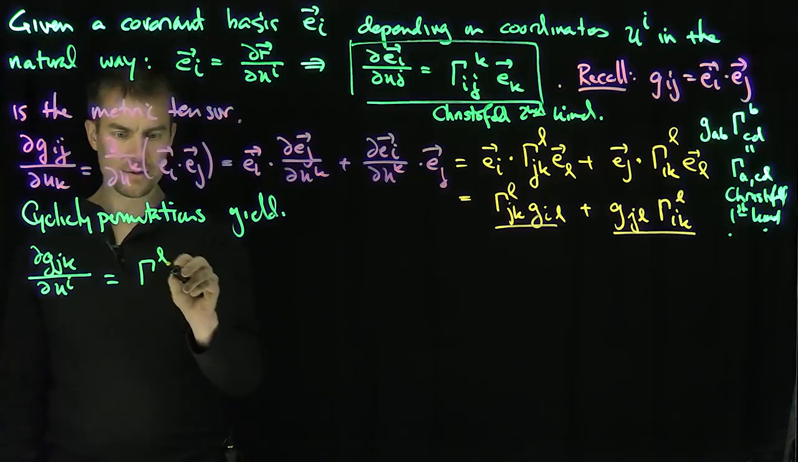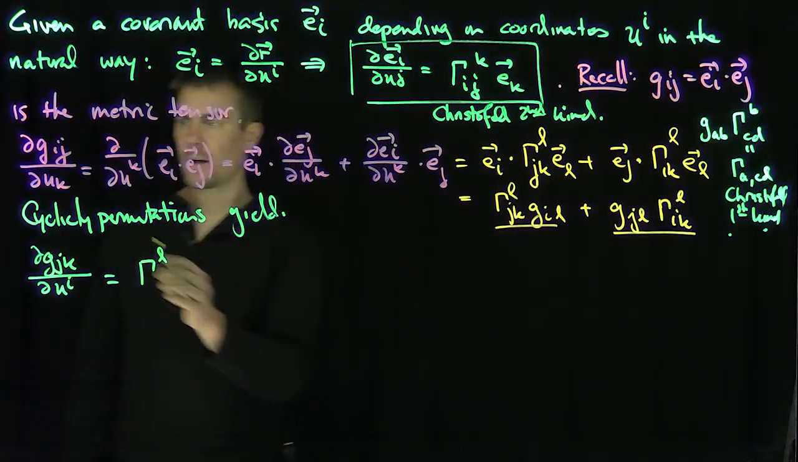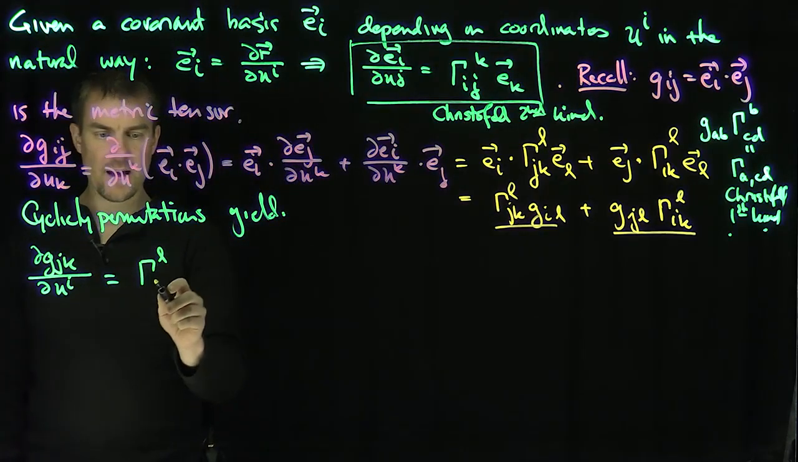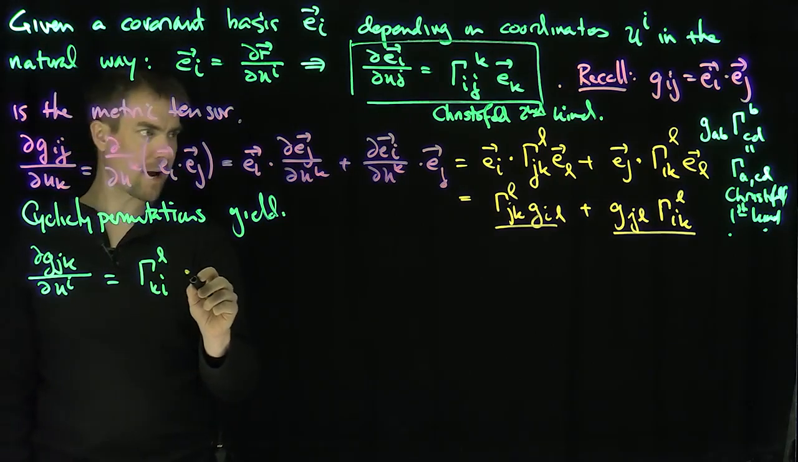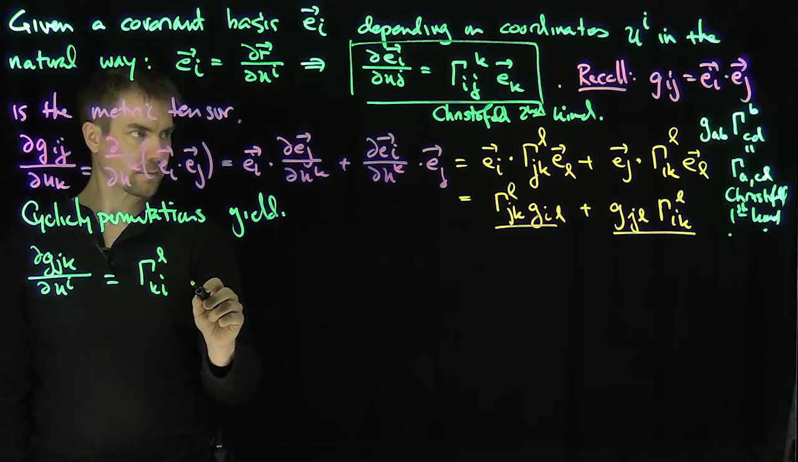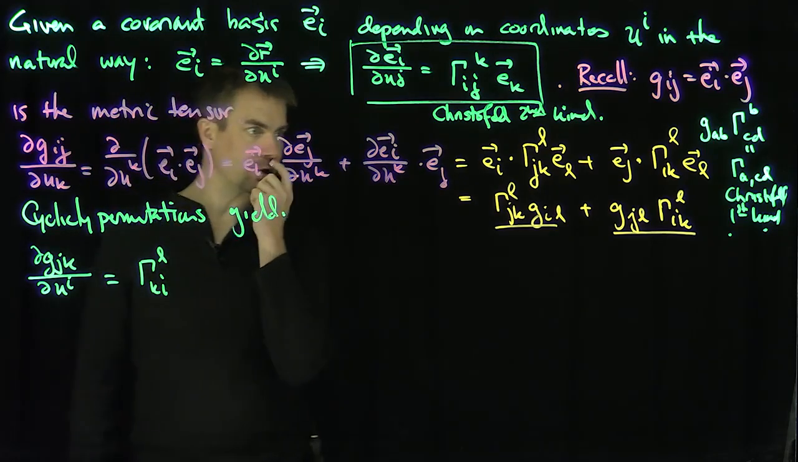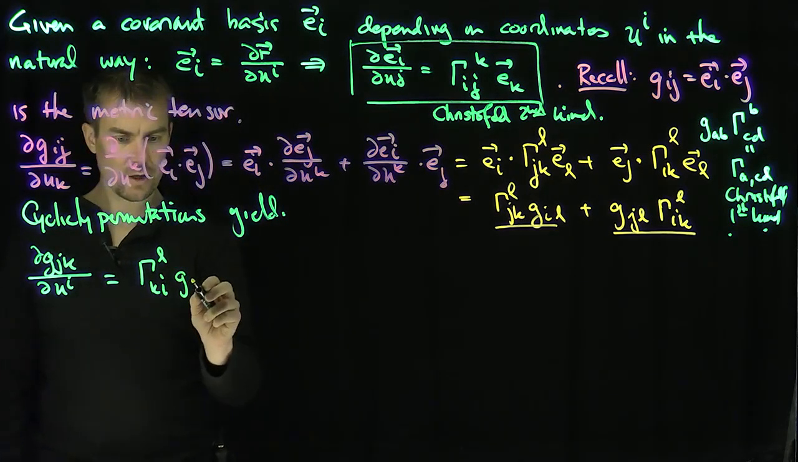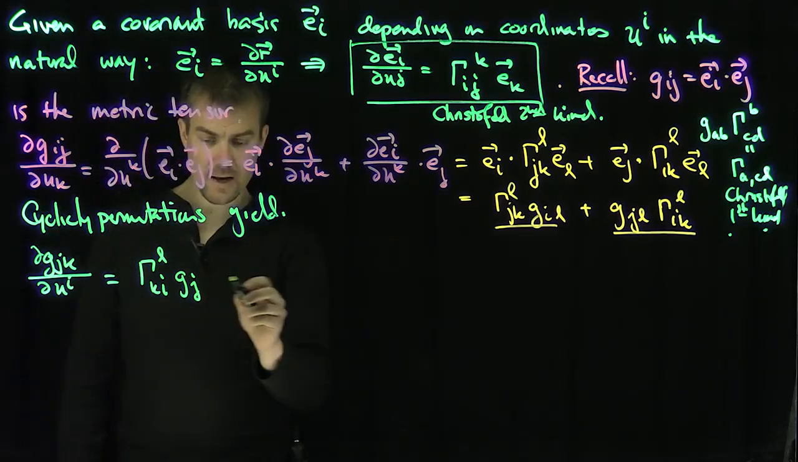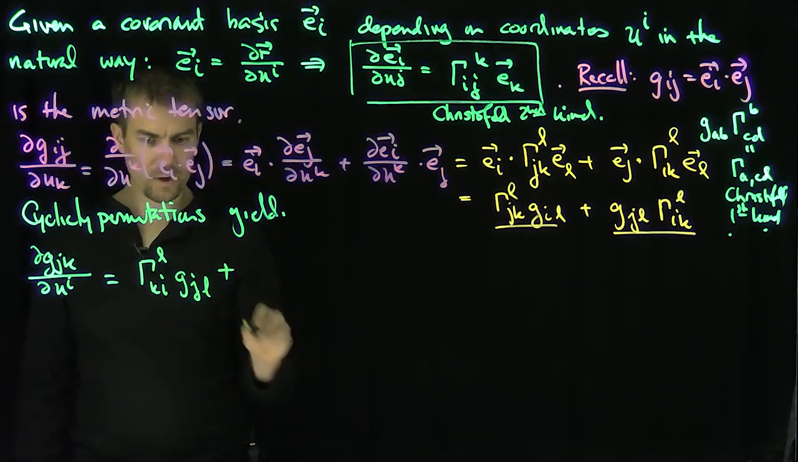So this is going to give me a gamma, the l stays the same, right? And then playing the role of j and k are going to be k and i. So I'm going to have a k and i over here. Remember, these things are commutative, so it doesn't matter. Then we have a g, and now the i is replaced with a j, right? So I'm going to have a g, j, and then l over here, plus